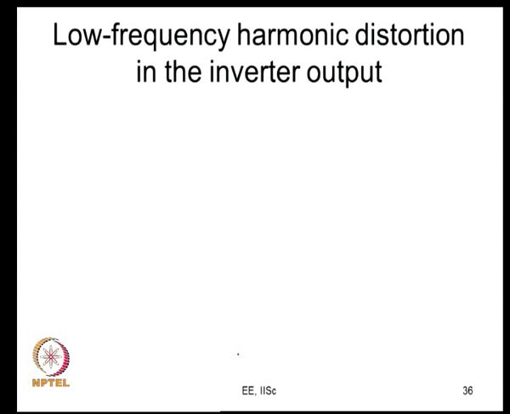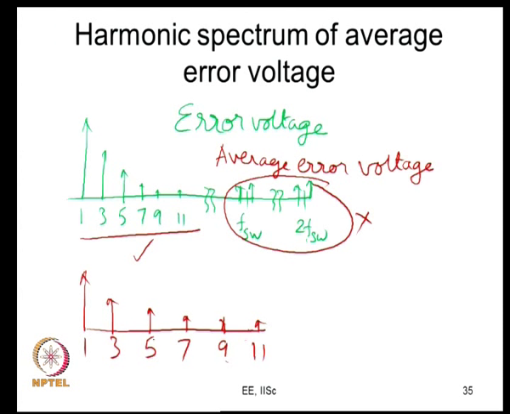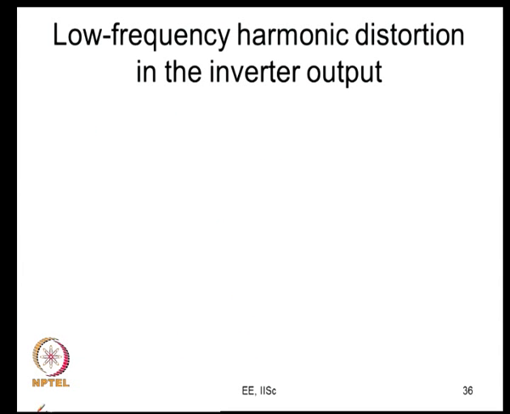Now, what will happen? All these error voltages will eventually get cancelled out. The same amount of error voltage will be there in Y phase, and the same amount in B phase. So, when you subtract the pole voltages to obtain your line voltages, these will go off. What you will get is low frequency distortion, with harmonics like V5, V7, V9, V11, V13, etc.